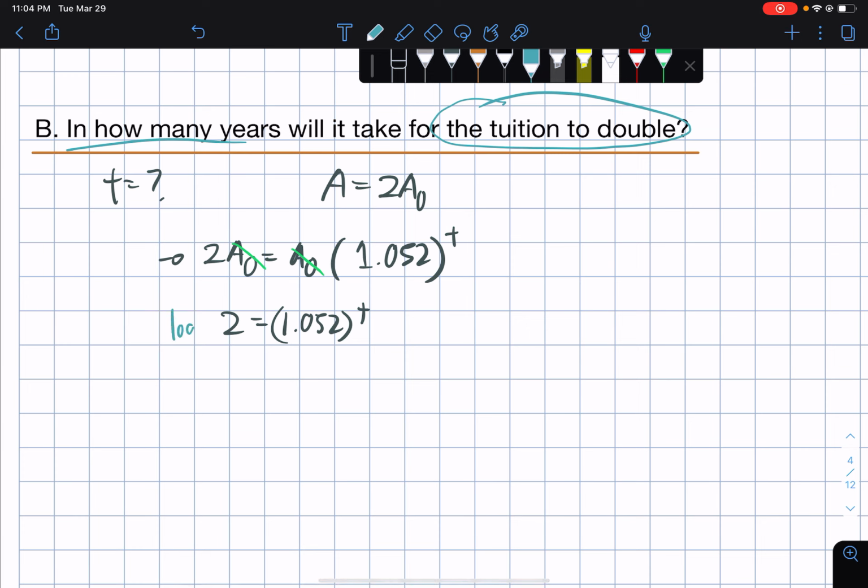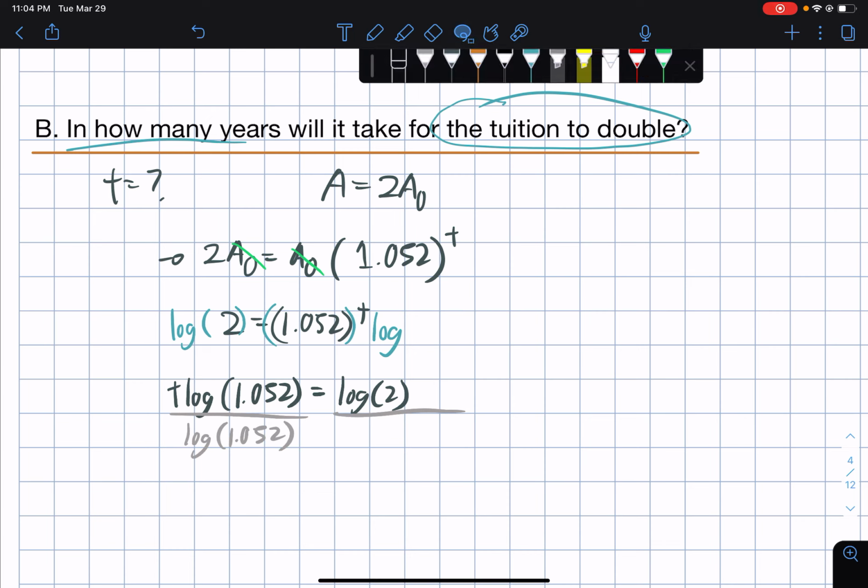Put log on both sides. We get t log 1.052 is equal to log 2. Divide by log 1.052. Cancel. We have t, and at the other side, we have log 2 over log 1.052,